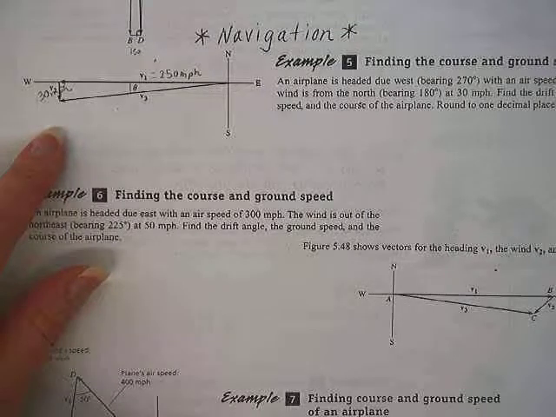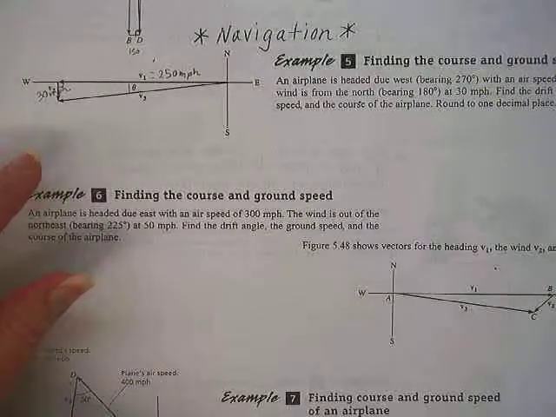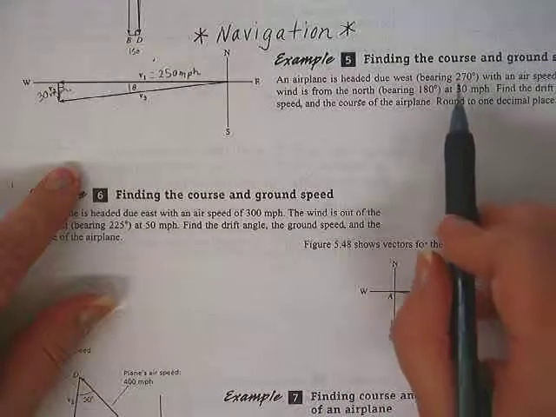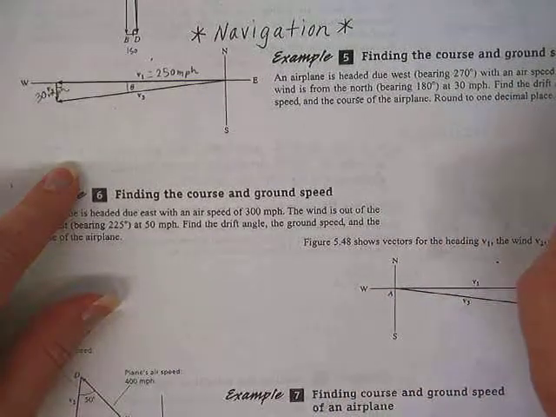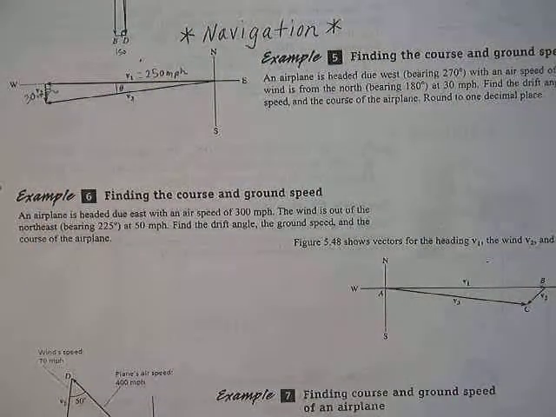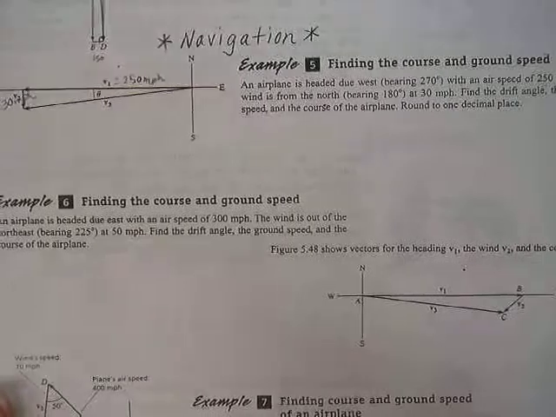Find the drift angle. So the wind is going to push the plane off course, and that is called a drift angle. The ground speed. The airplane, if it has a speedometer, do airplanes have speedometers? Probably. I don't know. If it has a speedometer, the airplane speedometer is saying 250, right? 250 miles per hour. But if somebody on the ground was timing the airplane, or maybe, I don't know, do radar detectors work that far? Anyway,